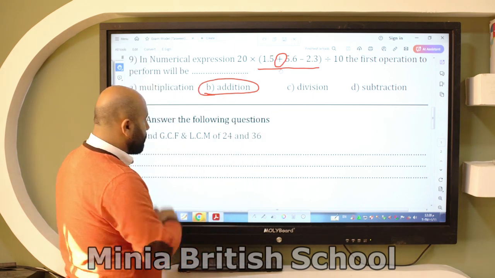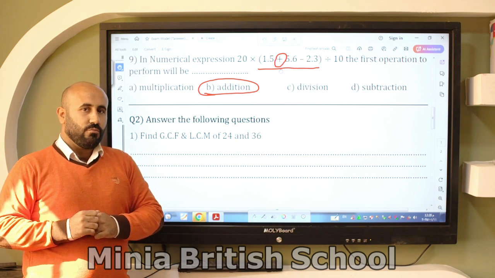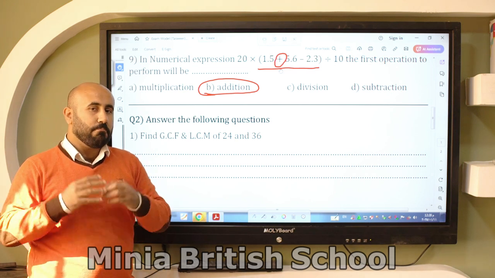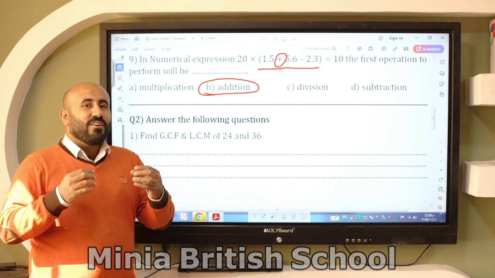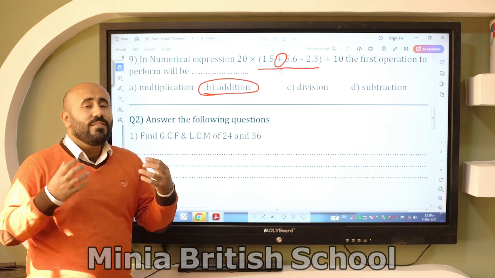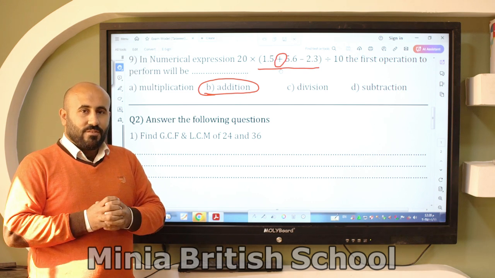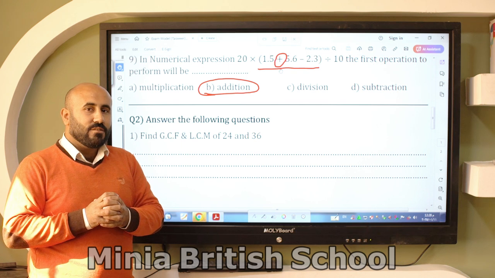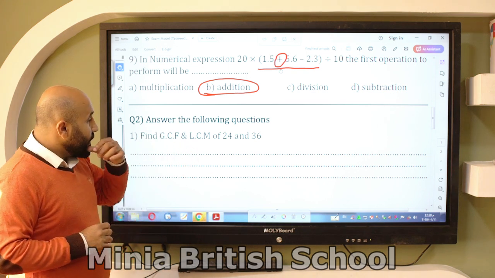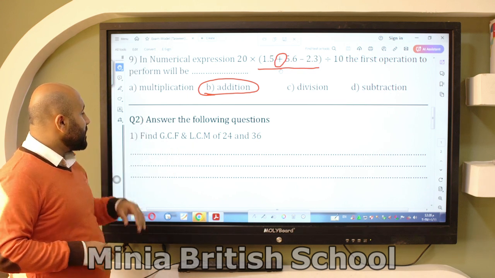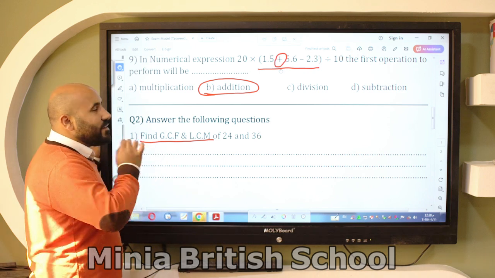Let's get to the second part. The second group of questions, and please be careful with it. And please write your answer with details, so as not to lose marks. Okay? Let's see. I have 24 and 36, and I want to find the GCF and the